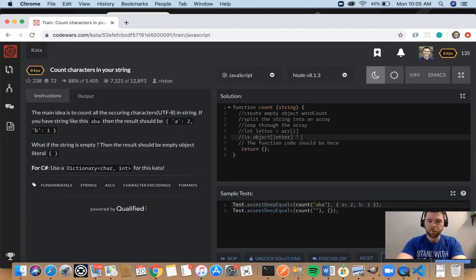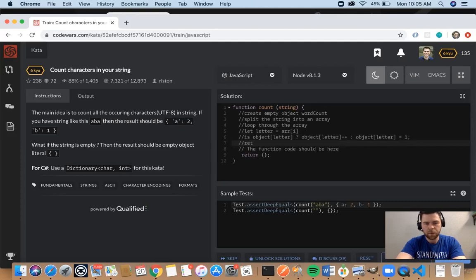If so, object at index letter plus plus. Otherwise we're going to create the property, object at index letter equals 1. And then at the end, return word count.